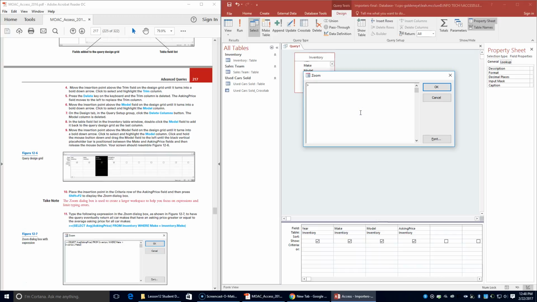So, greater than or equal to, parentheses, SELECT in all caps, AVG, average asking price, parentheses, FROM inventory WHERE, all caps, make equals inventory dot make, parentheses. Okay, so double check to make sure that you spelled things right and use the correct capitals